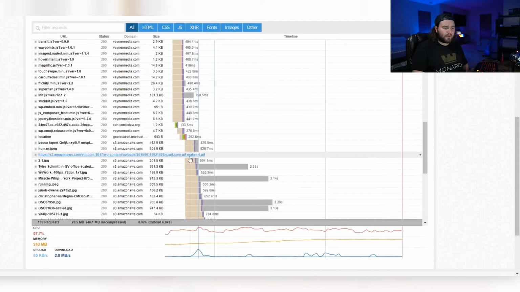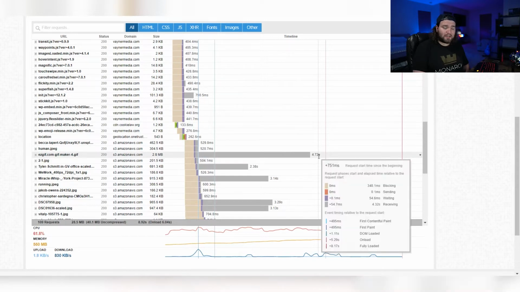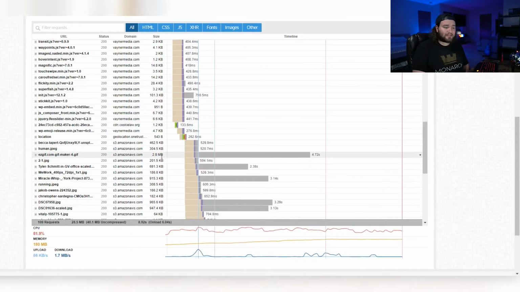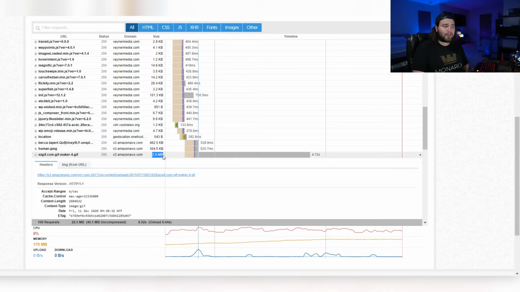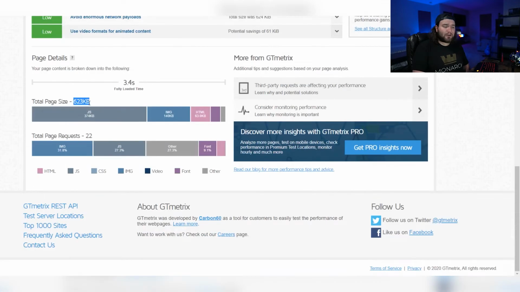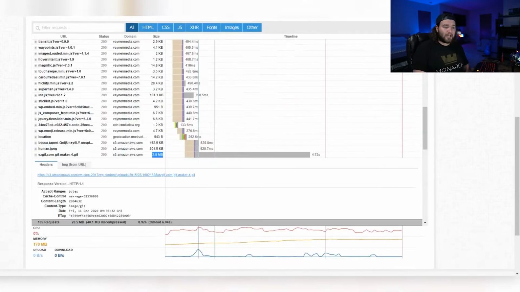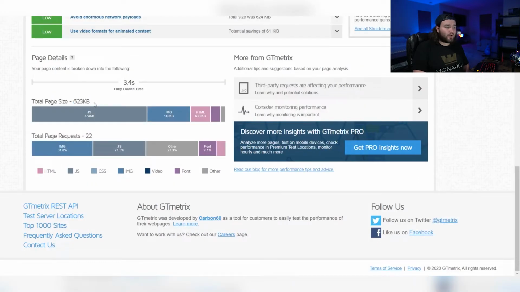This is a GIF. Now GIFs take a minute to load. They look cool, they look fun, they're auto-playing, and they come across very well. But the problem is, as you can see here, it's taking 4.72 seconds for it to load on his website. That is a little bit too much because it's 2.8 megabytes. 2.8 megabytes. Take a look at Google. Their entire web page is only 623 kilobytes. I'm not very good at math, but 2.8 out of 623 would be about